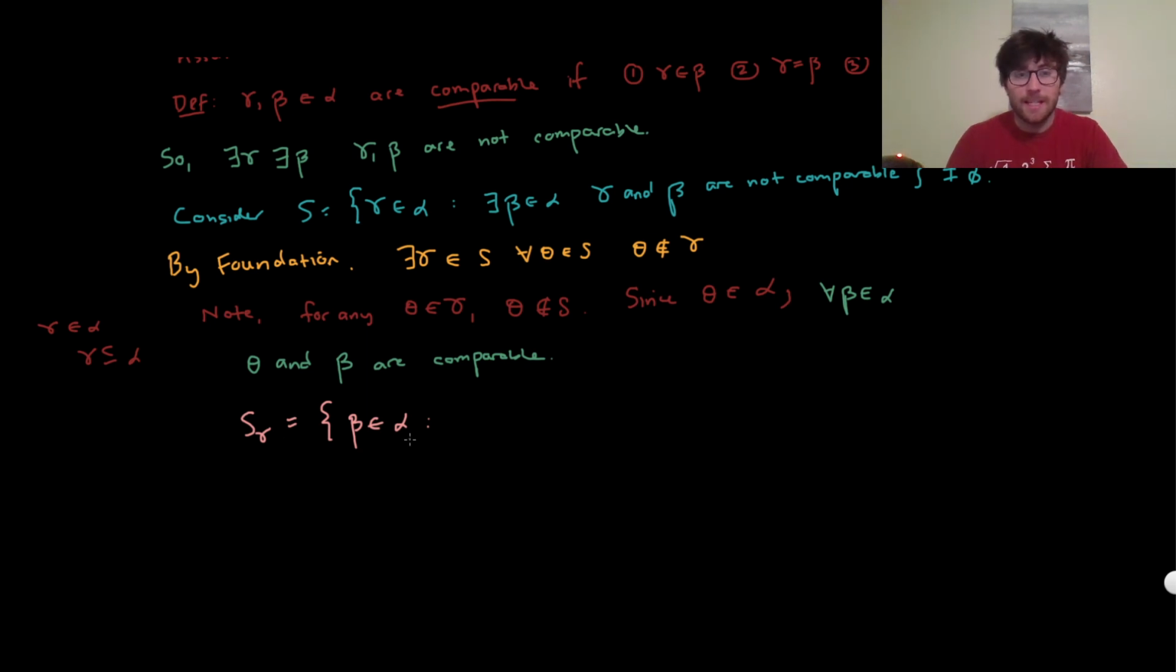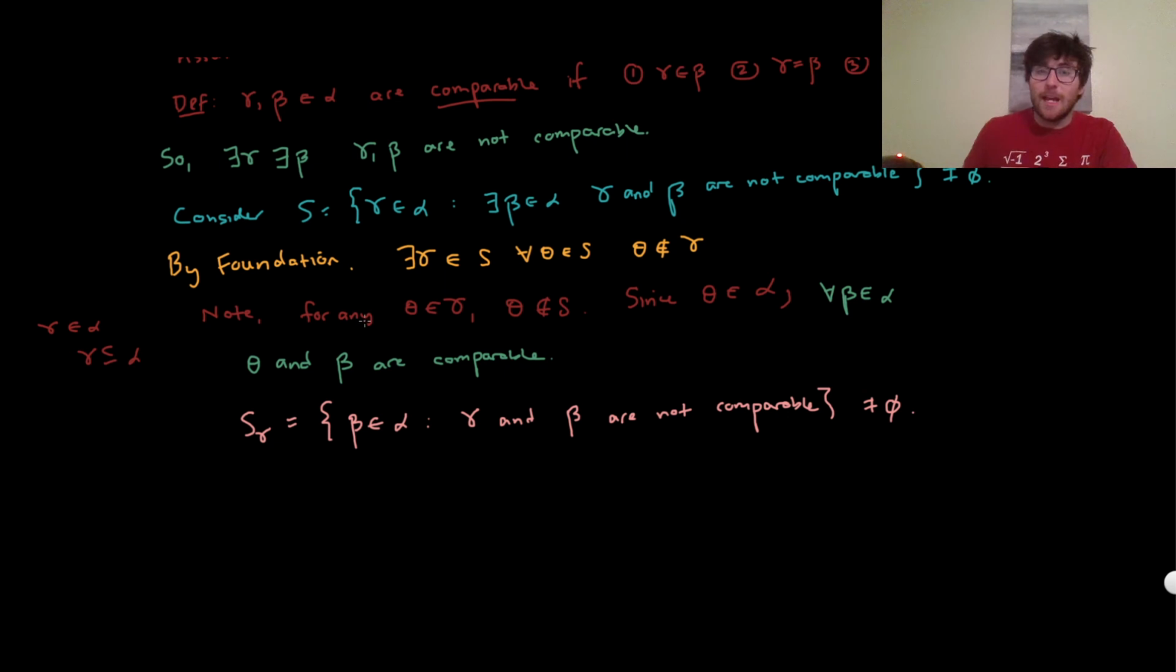So in other words, what's S gamma going to be? That's going to be all of the beta so that gamma and beta are not comparable. And this set is non-empty. Why is this set non-empty? Well, exactly because gamma is in S. And so what we can do is appeal to foundation again, right? So by foundation,